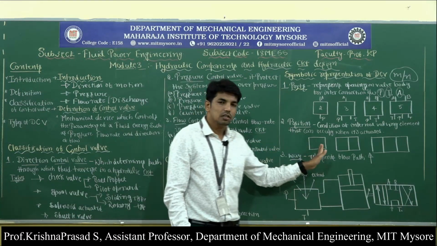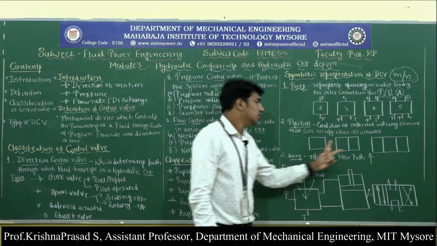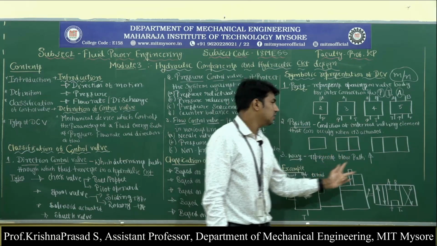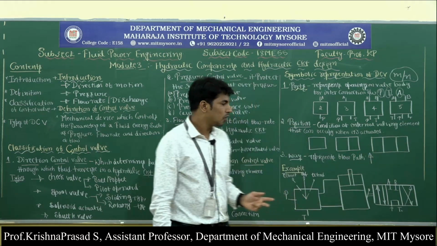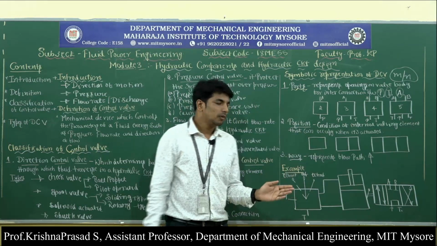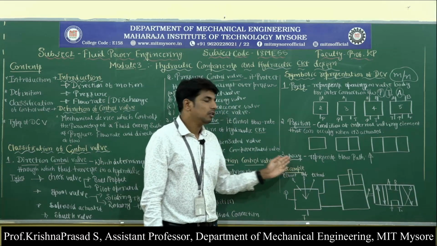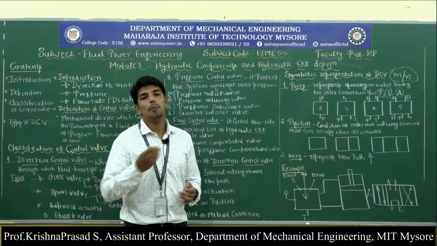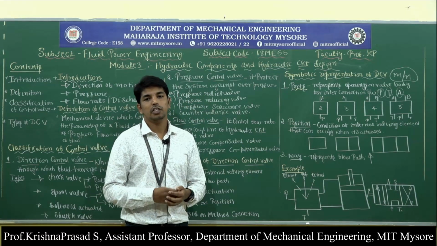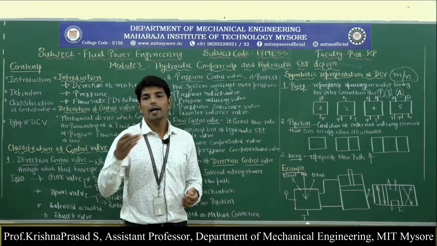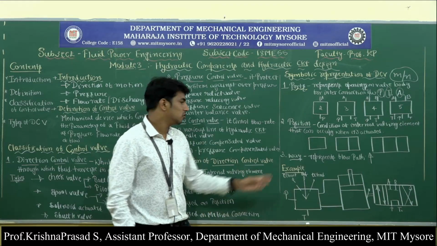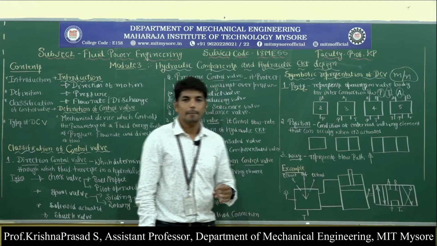Observe here, this is single position, this is 2 position and this is 3 position system. Okay. Then last one, what is meant by the way? The way represents the flow path. This flow path includes direction of flow and reversing flow also. So this is called as the way.